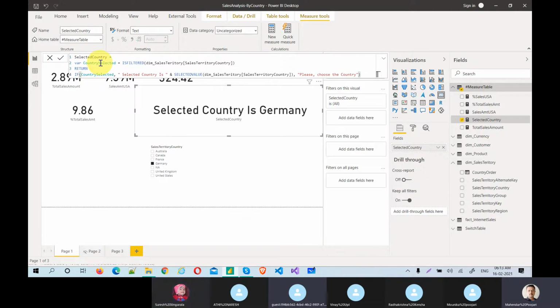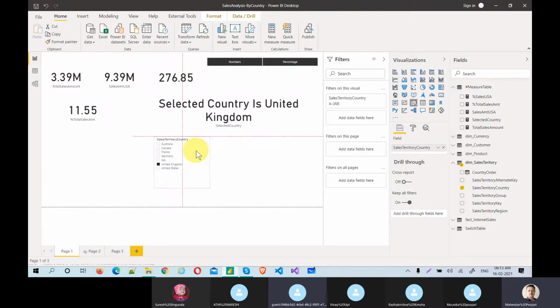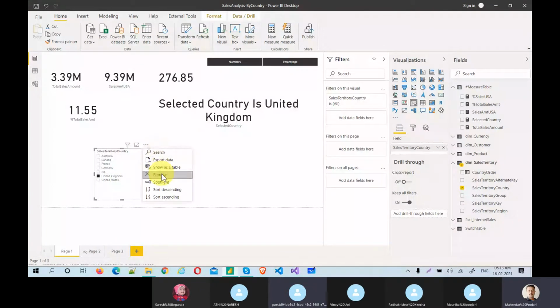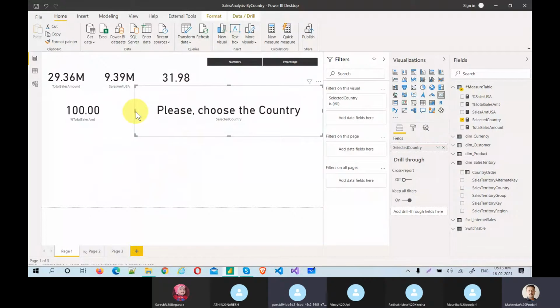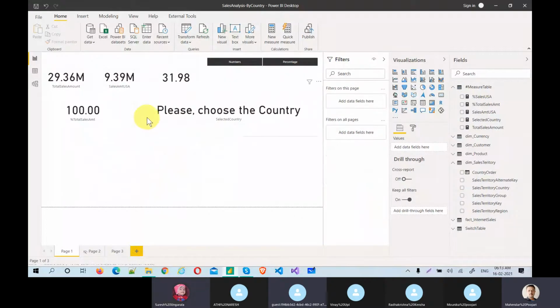Filters are the most important concept in Power BI, because you slice and dice and filter like anything. So you should be more careful about this. You just try yourself. Now this is working. I'm removing this just to check whether my slicer is working.